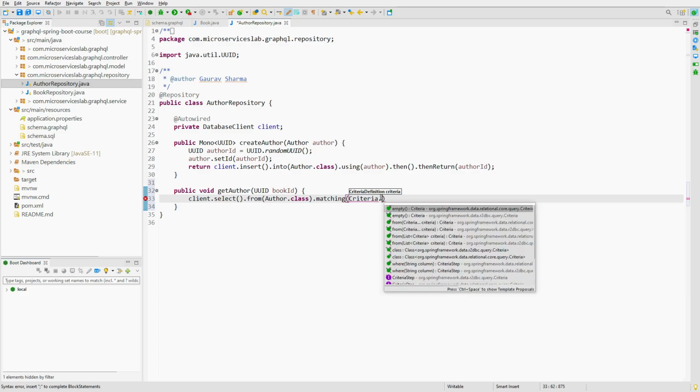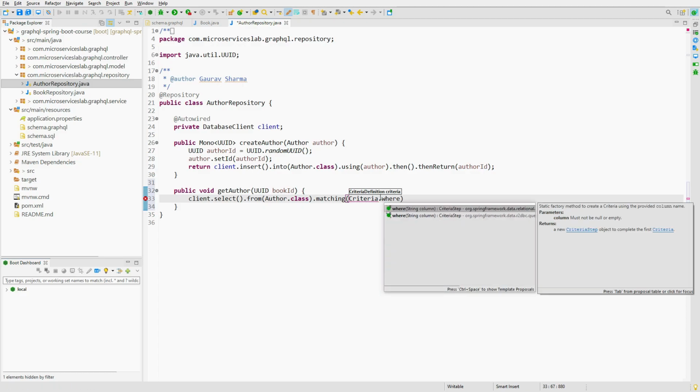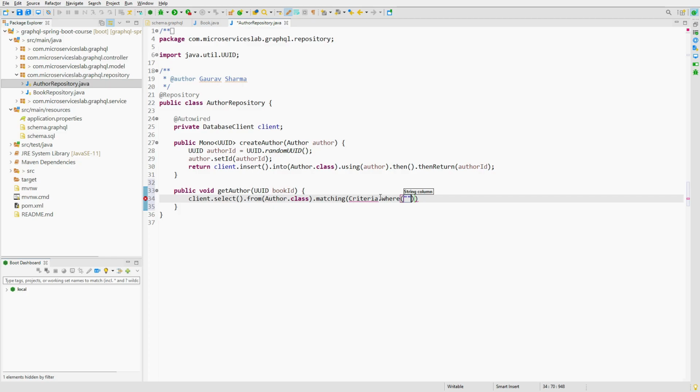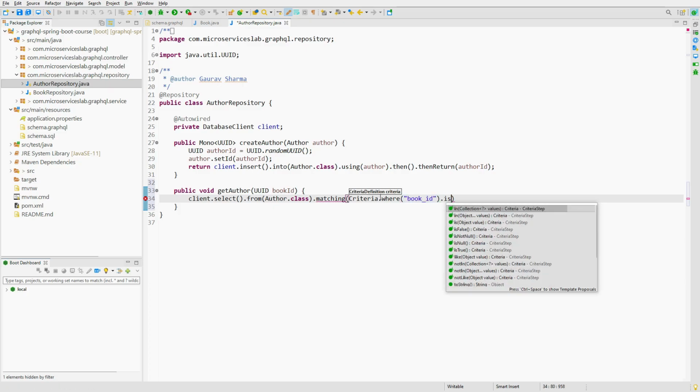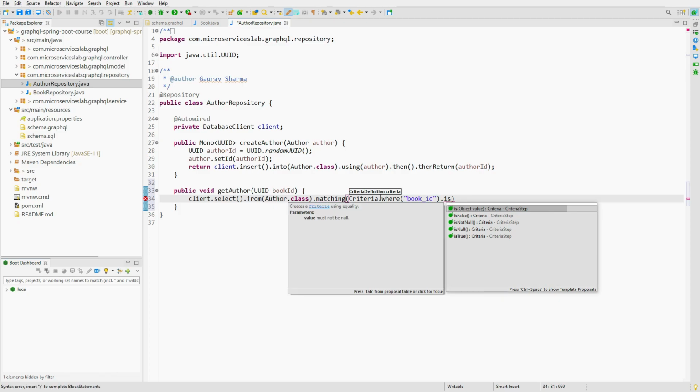So dot where, and now we will specify the name of the column, and the name of the column is actually book ID. And for which book ID are we looking for the row?